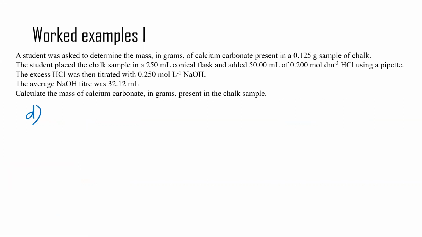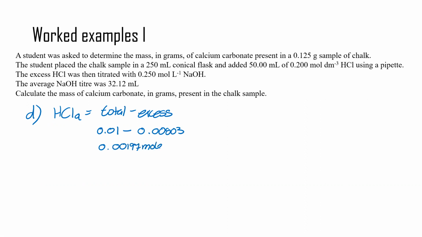Okay, and D is going to be HCl A, which is equal to total minus excess. So this will be 0.01 minus 0.00803, which would be equal to 0.00197 moles. Okay, after this, we can find E, where we're gonna have the ratio, so moles